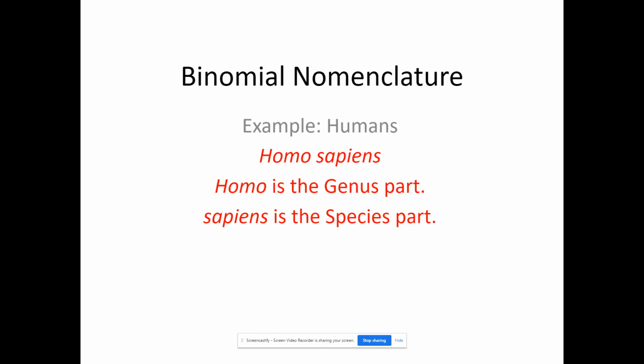He came up with this particular way that we still name creatures today, called binomial nomenclature, which is just assigning two names to each creature. Like Homo sapiens is our species name, and the Homo in that one is the genus, and the sapiens is the species. So all animals and plants on Earth, and all other living things for that matter, we give two names to them: a genus name and then a species name. The genus is always capitalized, the species is always lowercase, and they're both in italics.